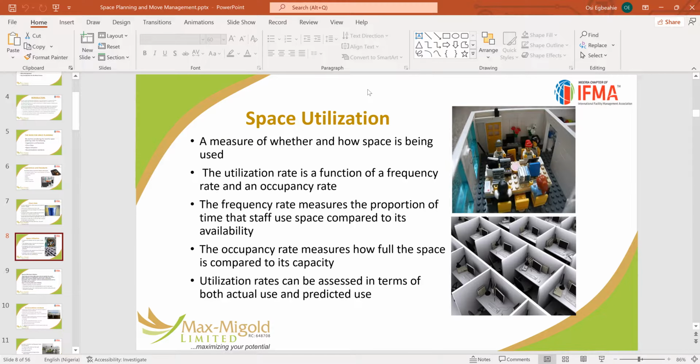Utilization rate can be assessed in terms of both its use and its predicted use. Sometimes you look at the present use or occupancy of the space, and you can also have projections to know exactly what